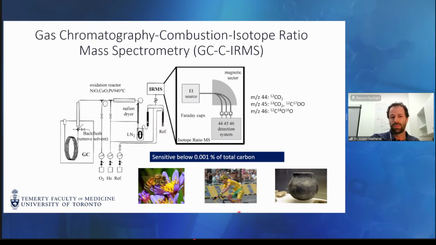Blood doping, differences in endogenous or exogenous sources of certain metabolites can be detected. And one other really neat one, somewhat recently published, is food crusts from 6,000-year-old pots, where isotope ratio was used to identify the source of the food that was being consumed during the early Neolithic time period. So some really neat applications.